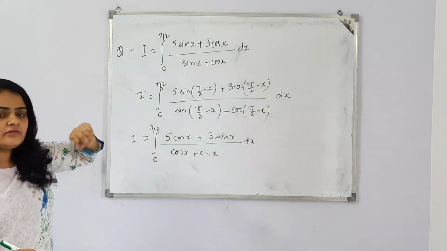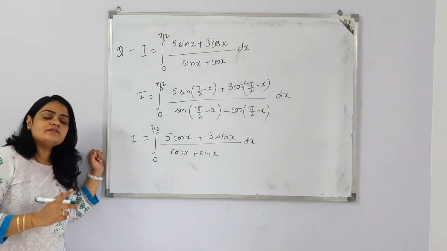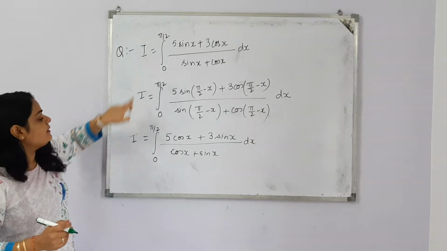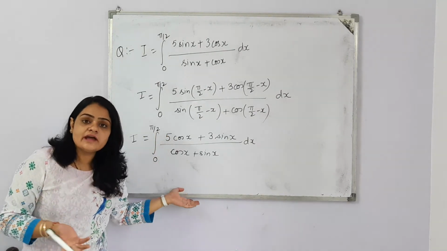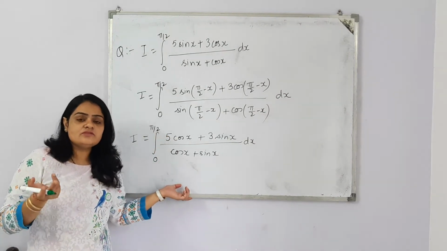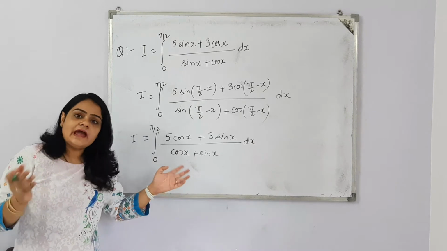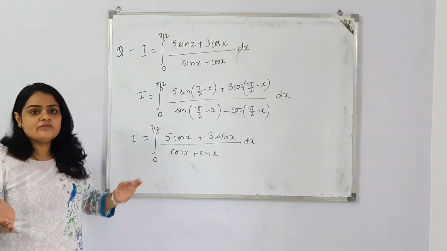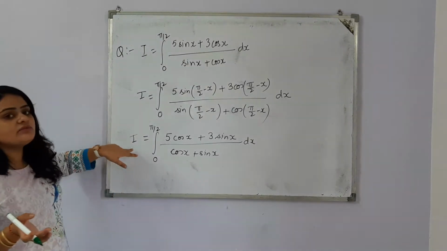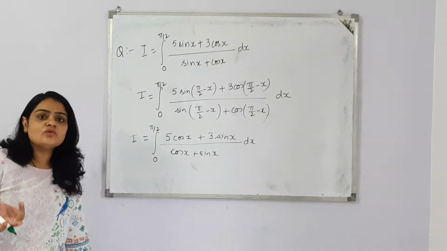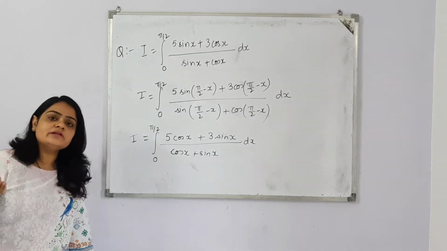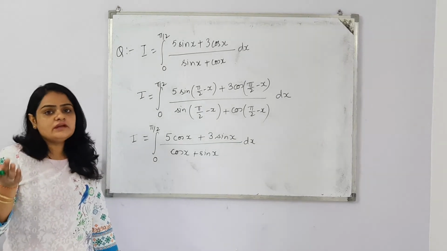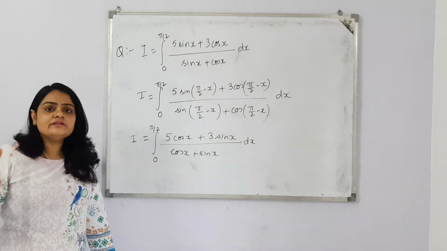Now if we are going to add, because we can subtract even, but after subtraction what will you get? I minus I is 0. If 0 is there, then what's the value of I? We just want the value of I. If we are adding, then we are getting I's value. If we are subtracting, then it becomes 0. So that means there is no value of I. So here we are going to add only, not subtract.